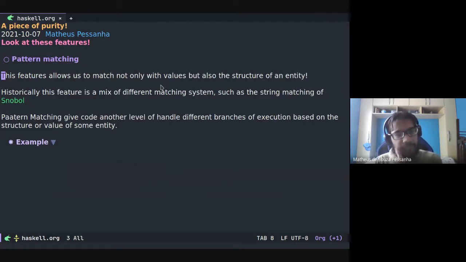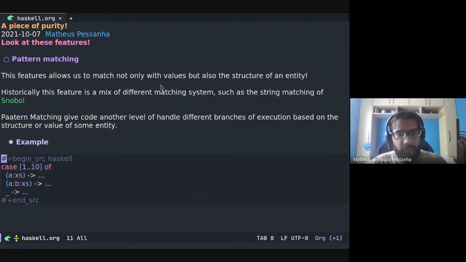Another cool feature is pattern matching. Historically, we can define pattern matching as a mix of features like string matching coming from the SNOBOL language, but today pattern matching is used to match not only values of the entities, but also the structure of the entity. In my example, I'm pattern matching on a list of 1 to 10.